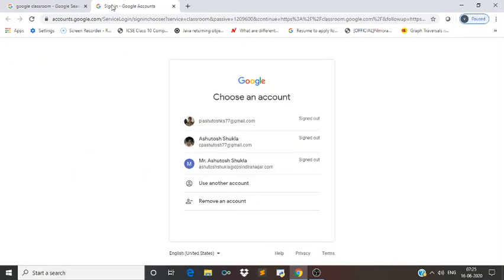To open this Google Classroom there is a need for an email ID. So using any email ID we can join this. Here you can find some email IDs are available, but one more step is there: use another account. So that is another email ID you can also use. But here I have some IDs which can be used. So now I click on this ID